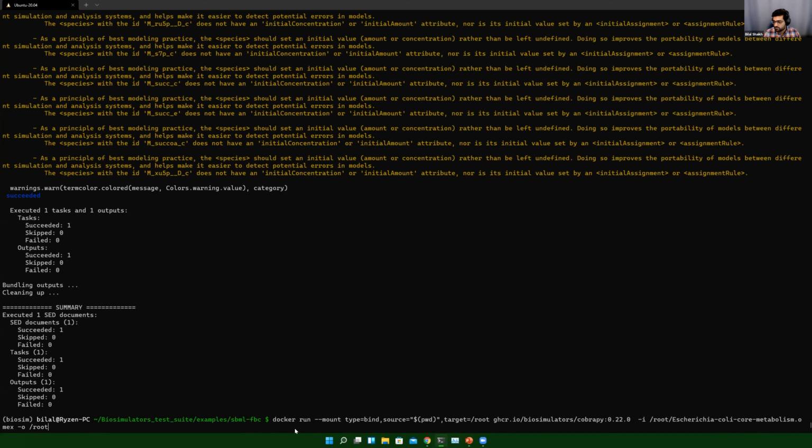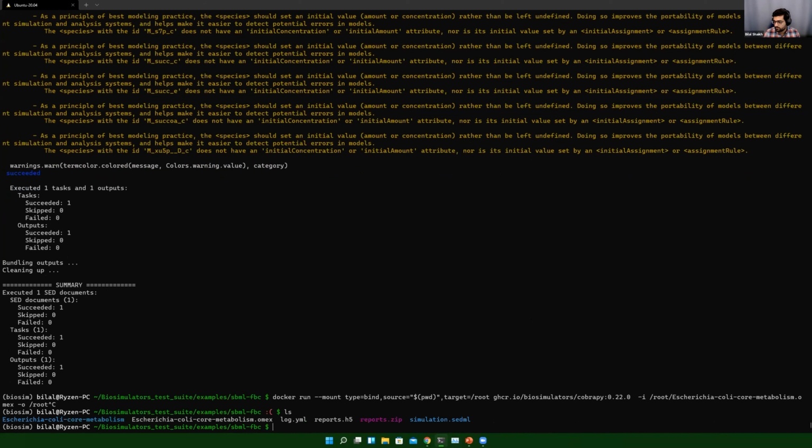Essentially all you need to do is put in this command, and the only bit that changes from version to version is where I put in the name and version of one of the supported simulators, and it'll run. This is as opposed to trying to learn a new interface, figure out where the menu items are for this particular simulator, etc. And if I take a look here again, it has created the exact same results that we were expecting.